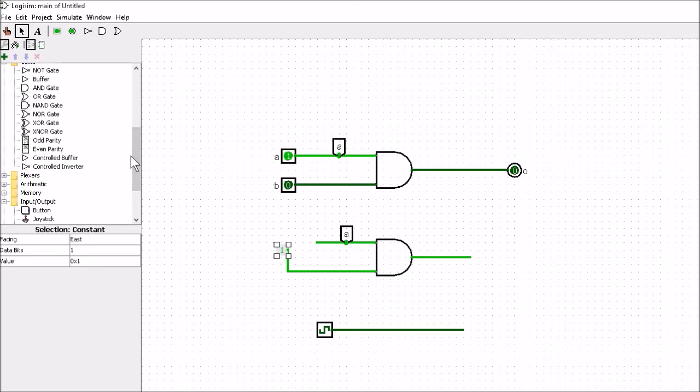So now we know how to run Logisim. We've learned about 95% of everything we need to know about Logisim. We'll learn the other 5% as we continue building the CPU. So that's enough of this. Let's get cracking and let's build a CPU.